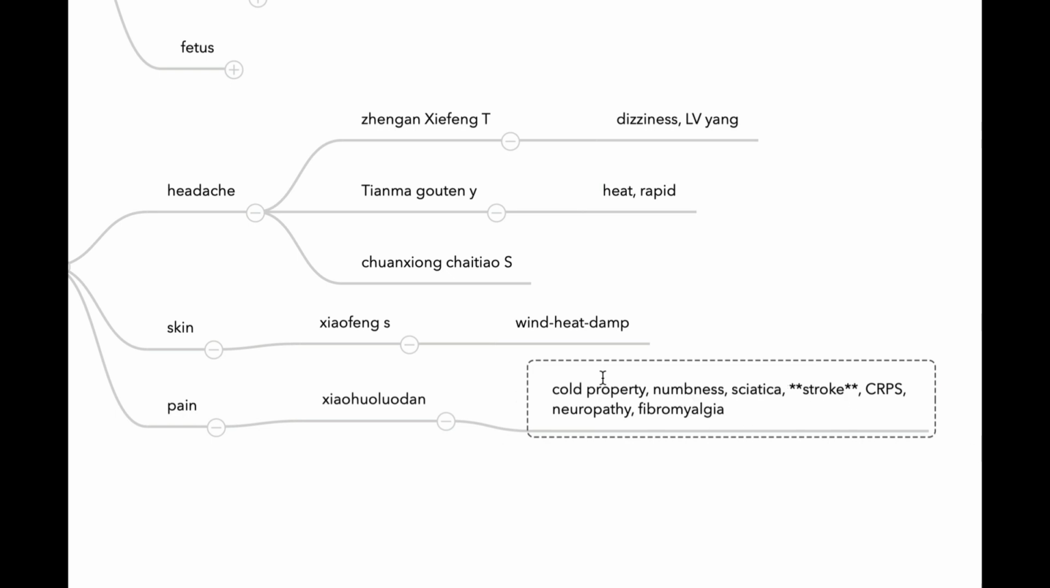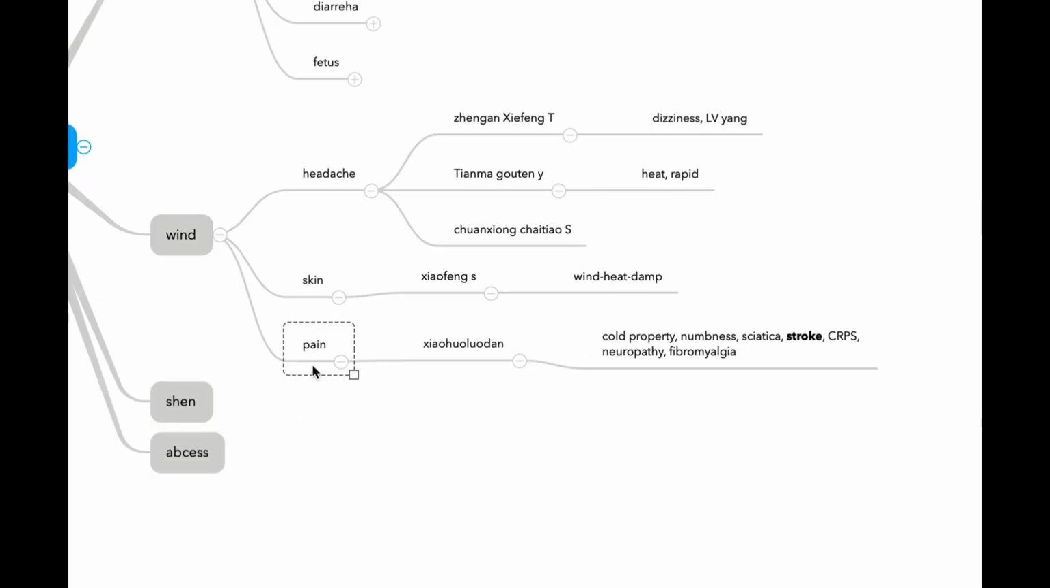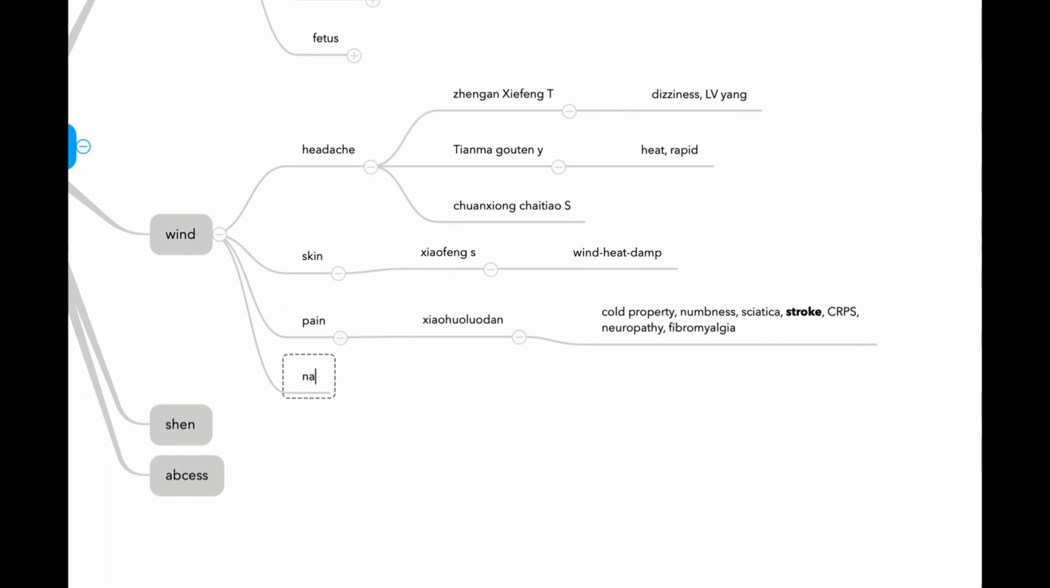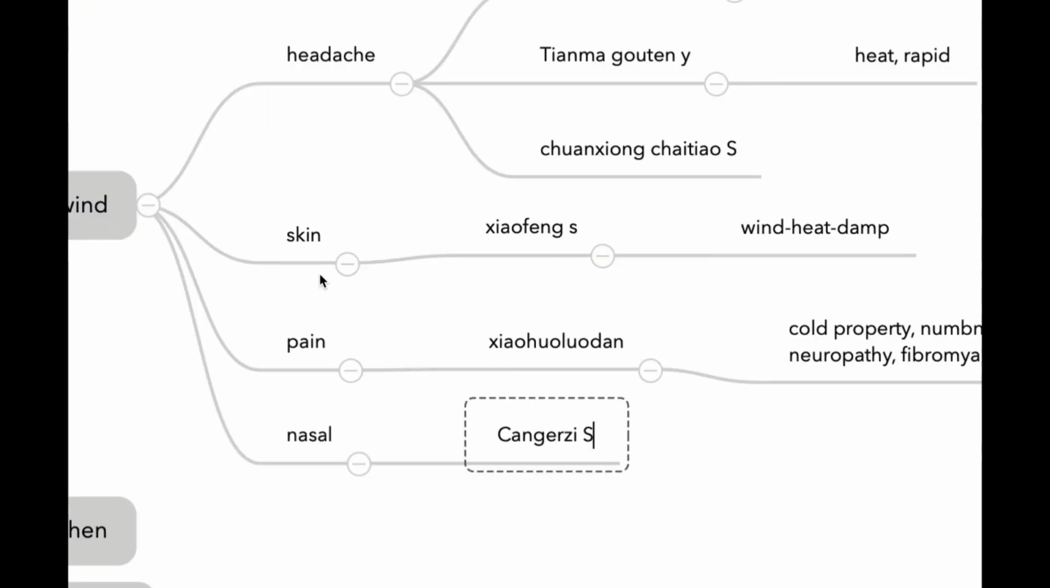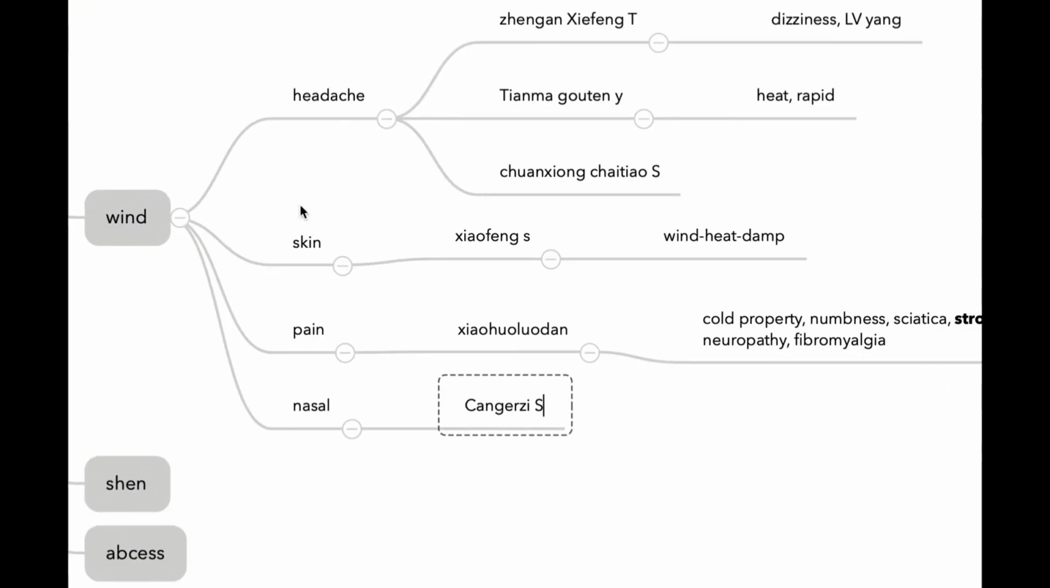So these conditions, coldness and numbness and neuropathic pain, Xiaohuoluodan. But I told you, do not use this formula for a long time. Nasal symptoms: runny nose, blocked nose, especially blocked nose, Cang'erzi San. So wind section: head, skin, pain, and nasal. Headache, three formulas: Zhengan Xifeng Tang, Tianma Gouteng Yin,